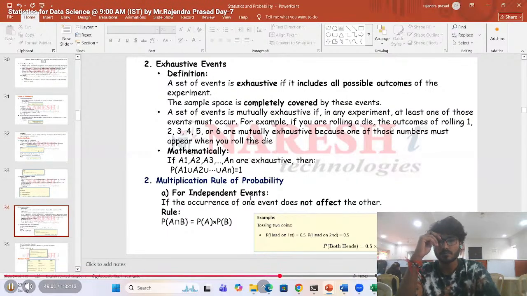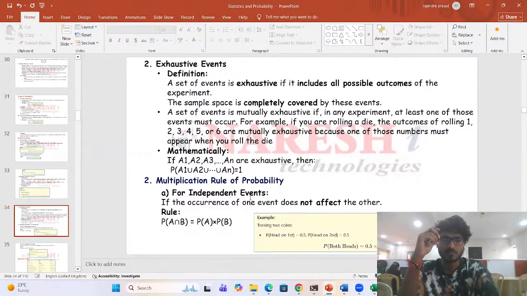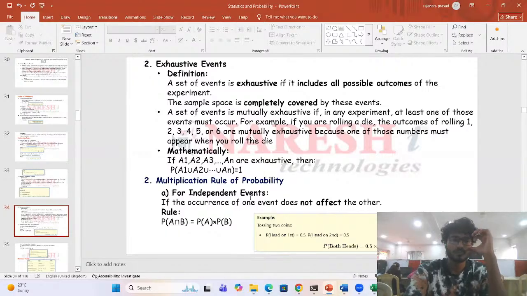What is the multiplication rule of probability talking about? First, if your events are independent, meaning the occurrence of one event does not affect the occurrence of another event, then in that case the multiplication rule says that the probability of getting A and B together is equal to the probability of A multiplied by the probability of B. You get my point? For example,